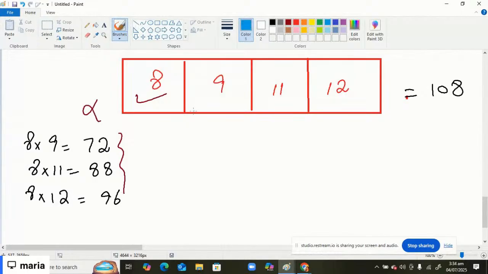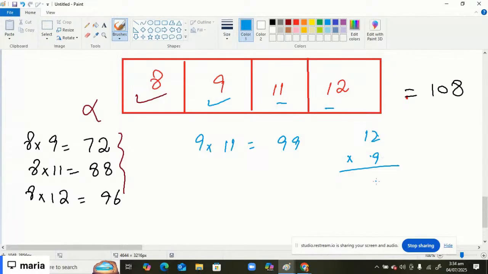Now let's move to the 9. 9 is multiplied only with these two. Why? Because 8 times 9 and 9 times 8 have the same answer. Now first of all, 9 is multiplied with 11, that becomes 99. Now 12 times 9. Let's see. 9 times 2 is